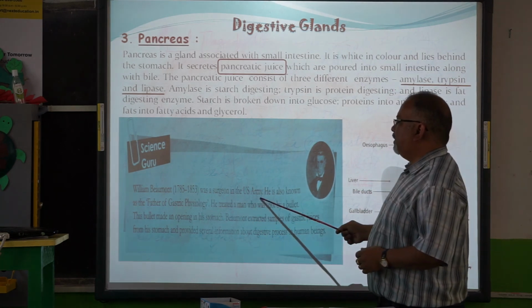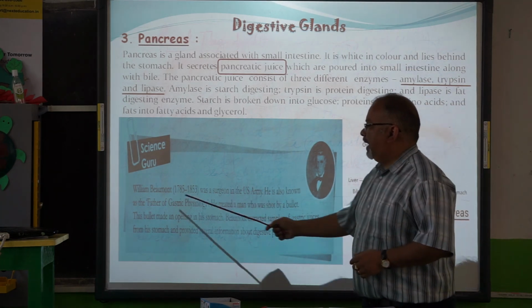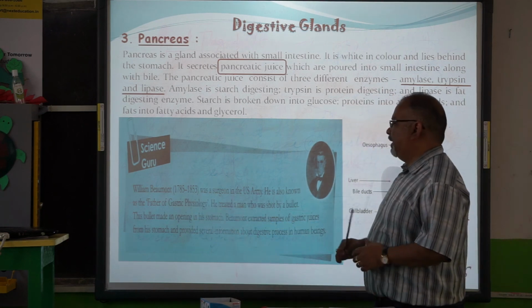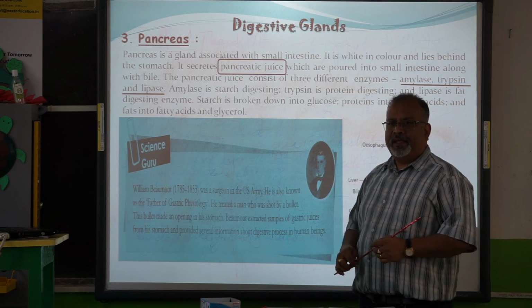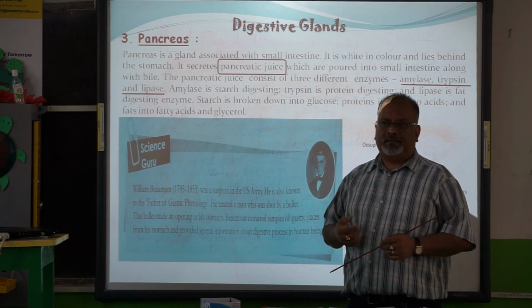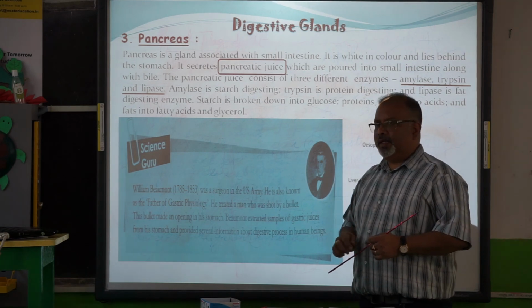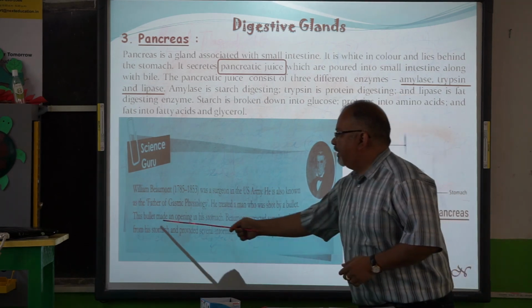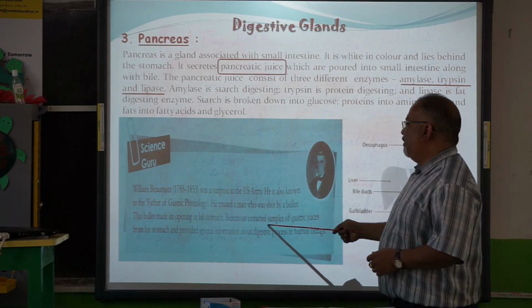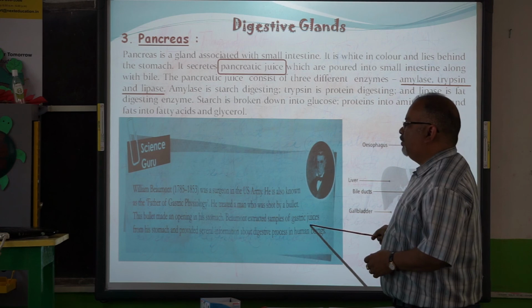So he was a surgeon in US Army. He is known as father of gastric physiology. What he did, why he became famous? He treated a person who was shot with a bullet. He was shot with a bullet. And what happened because of that? The bullet made an opening in his stomach. Okay? And Beaumont extracted samples of gastric juices from the